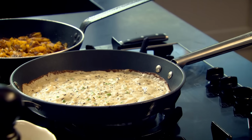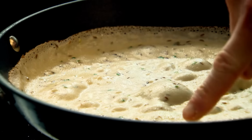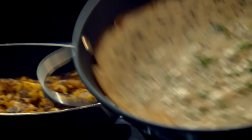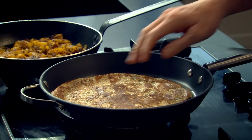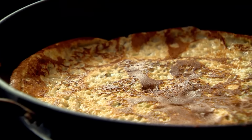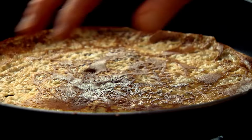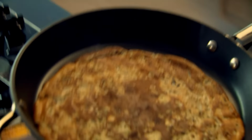It only starts to remove from the bottom of the pan and lifts itself up once it's cooked. These little bubbles confirm that it's just starting to lift off the pan. A little shake, that releases it. And then just shake it to the end. And toss. If you haven't got the confidence of tossing, then use a spatula and turn it over. Now, that's exactly what I want, that nice sort of crisp edge around the side. The colour on the pancake is so important. Now, roll it round and just let it slide out